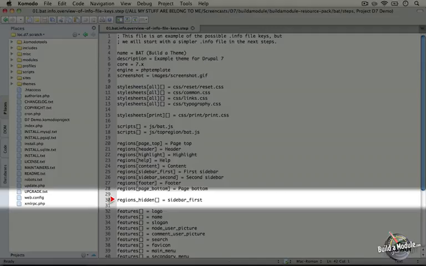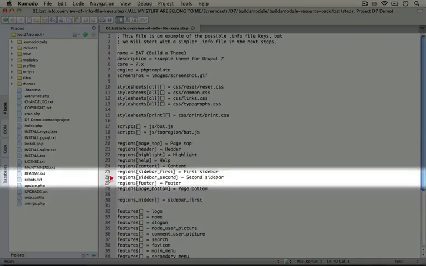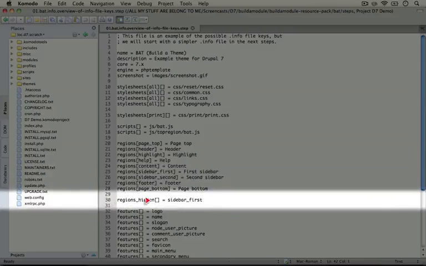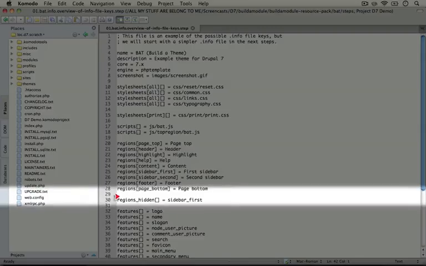Sometimes we want to have regions, like the page top and page bottom, that we don't want to expose in the blocks configuration page or other configuration pages that have the regions exposed to them, but instead we want to just expose them to modules that will be adding blocks or content inside of those regions. And we can do that by specifying them as a hidden region. So once we've added them in the regions, we can add them to regions hidden, and they will no longer display in the blocks configuration or other configurations that use regions. And here we're hiding the sidebar first region. Okay, I'm going to scroll down a bit.